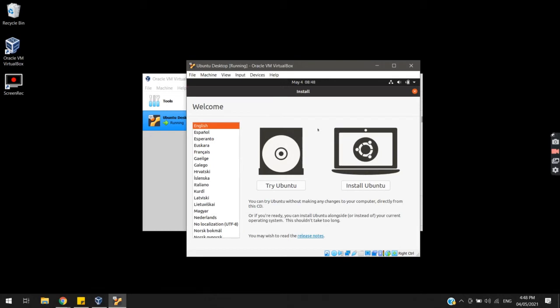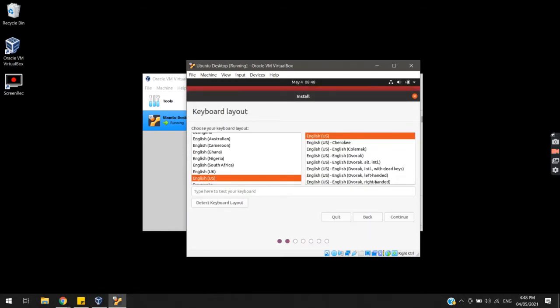So this is the installation of the operating system. Let's click English and then install Ubuntu. Now select your keyboard layout. My keyboard layout is English,